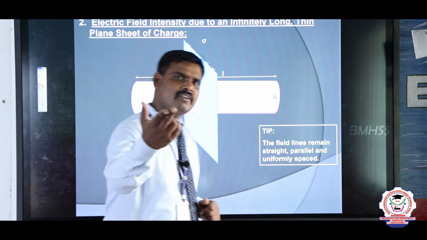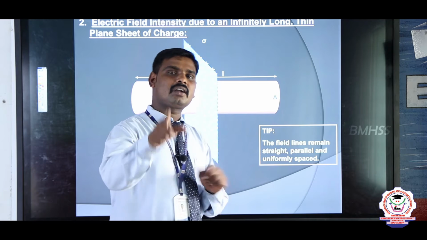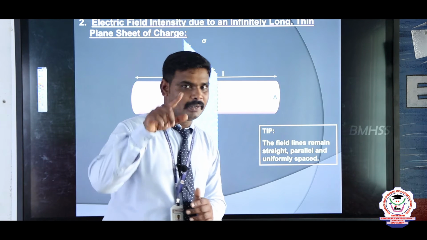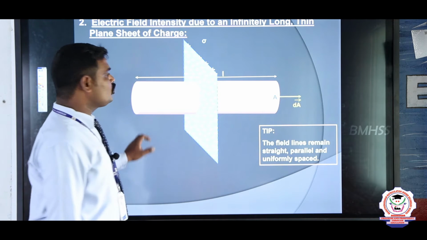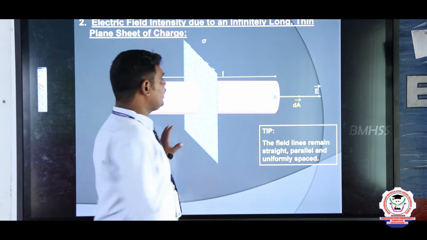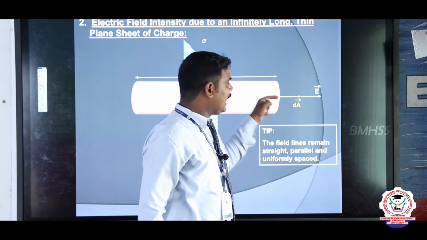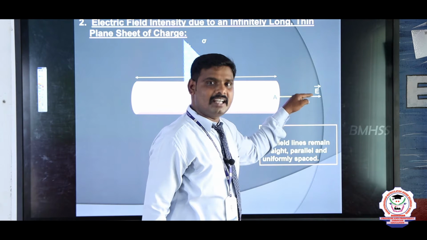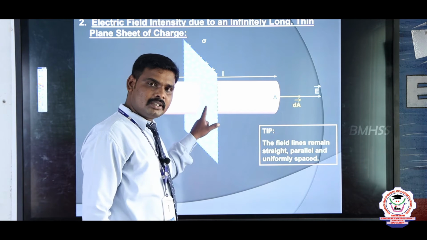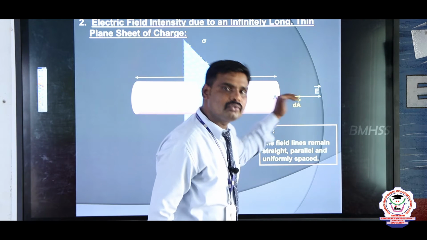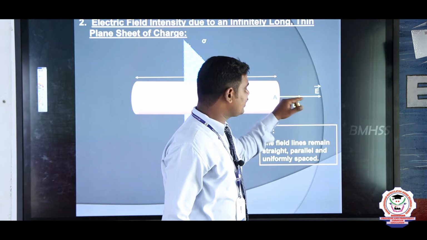So what is the formula for electric flux? Phi is equal to E into dA. For Gauss law, phi is equal to Q by epsilon naught. Very good. So here we have to see the electric flux of this area. Let us consider in this area, the dA vector acts along the electric field direction. Because this sheet is positively charged, the electric field acts outwards. So on this surface, the dA vector and E act in the same direction.